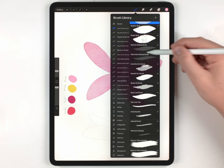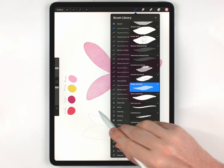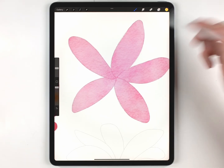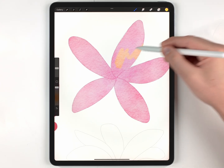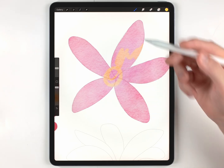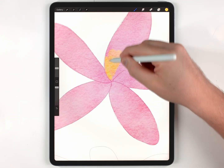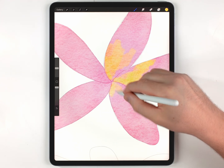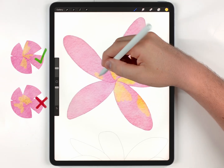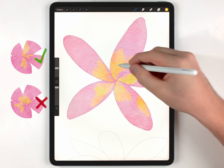So for the brush, you could use anything, but I'm going to use the Shoto brush because it has a nice rough edge. And I'll start with the yellow. And basically, because Alpha Lock is on, as I said, we can't paint off into the white area. Everything is limited to the flower. So I'm going to lay down my yellow, focusing it mostly in the center of the flower, but I'm going to make sure that I don't have any areas where the yellow is straddling the boundary between petals. I'm always going to make sure there's some pink in the way, and this will make more sense